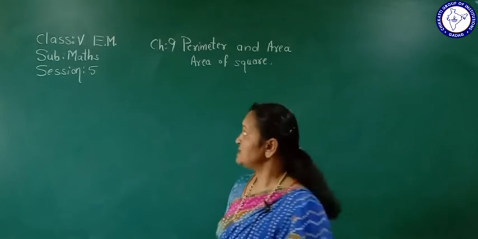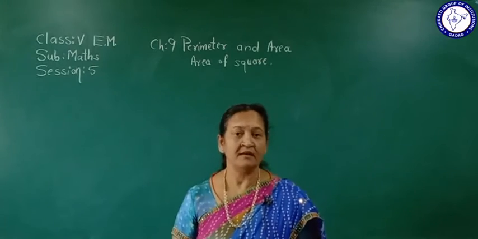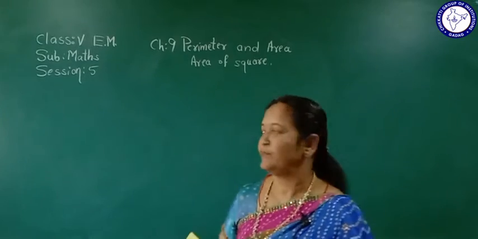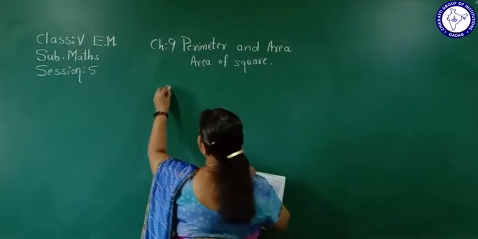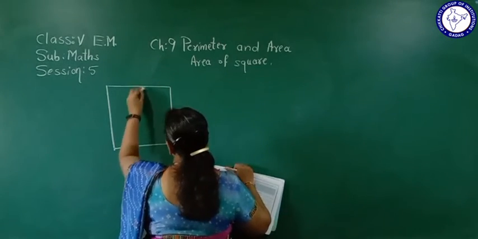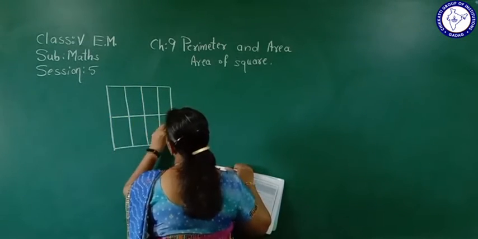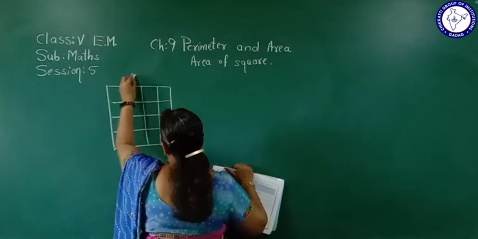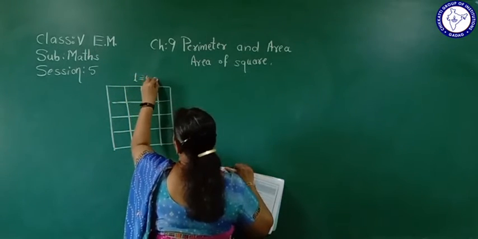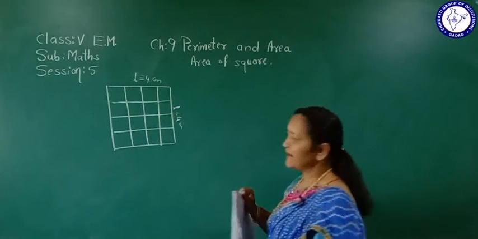Hello children, in session 5 of chapter 9, perimeter and area, let me learn today area of a square. So here in a square, we know all four sides are equal. Here, if a square is divided into, here this length is 4 centimeter and this length is also 4 centimeter, and we want to find the area